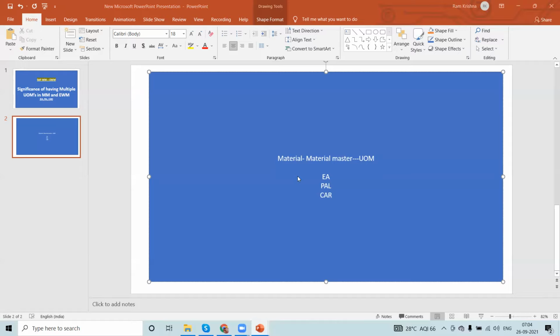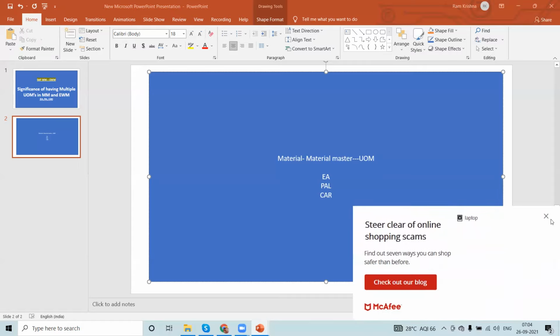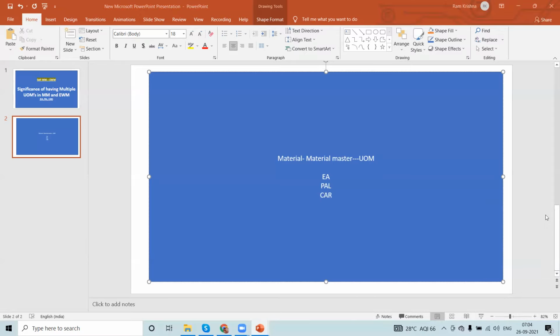In today's class, I want to run a scenario with respect to material master with multiple units of measure, and also I'll be creating a purchase order, and based on that I'm going to receive the goods into the warehouse. In today's class we will see the first class of MM and EWM to understand the basic differences.